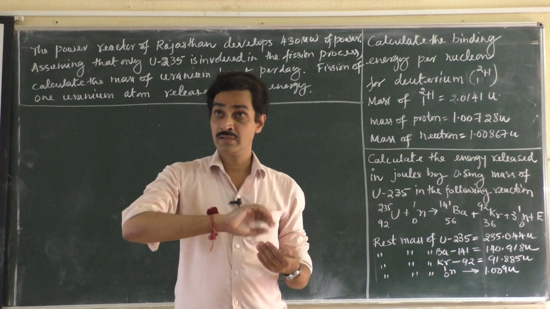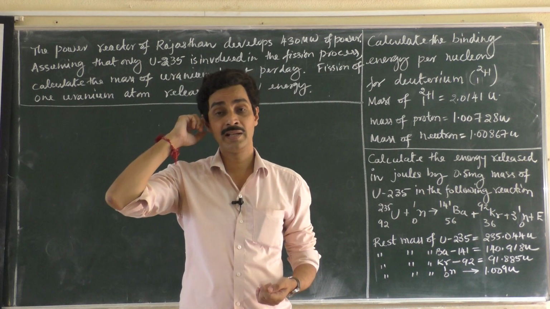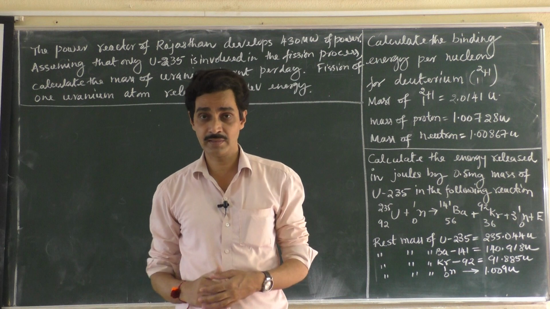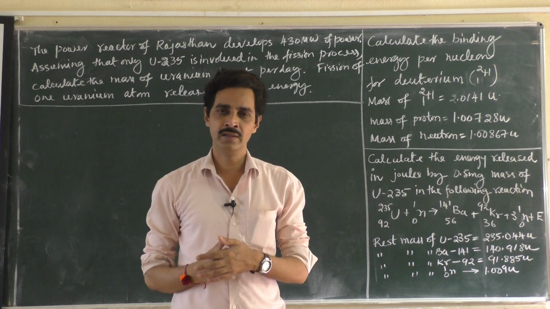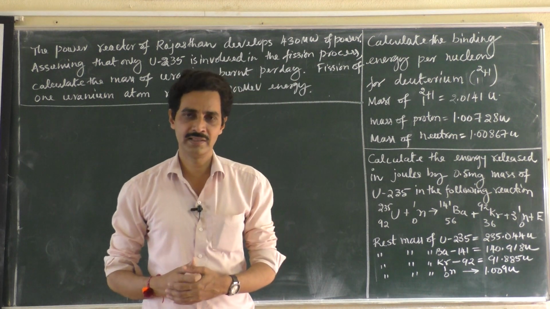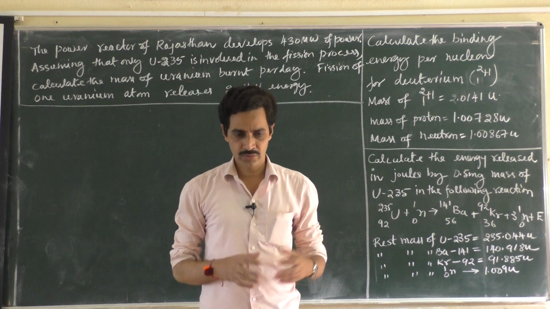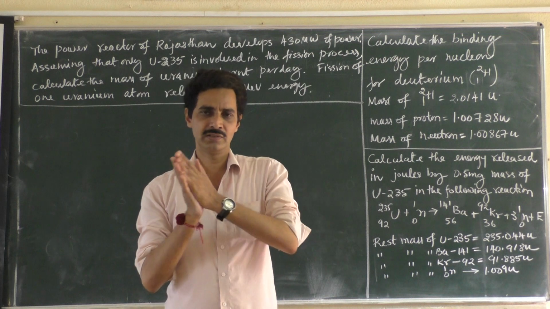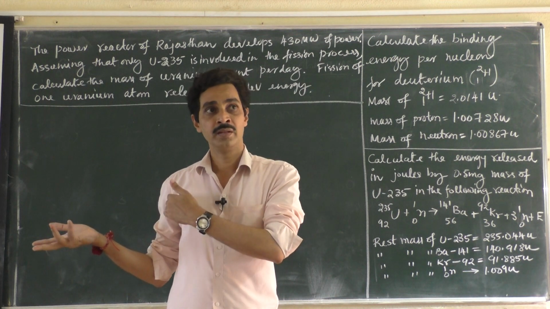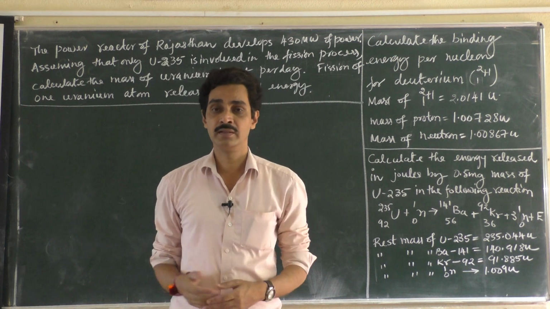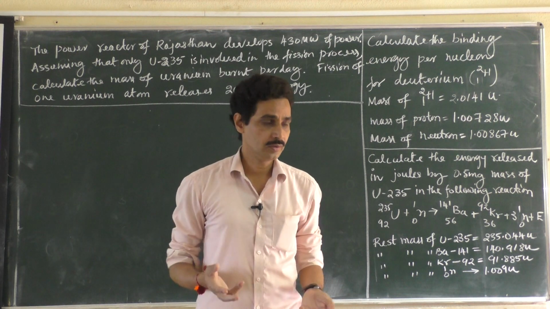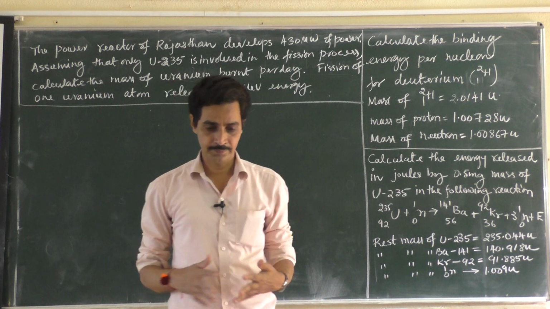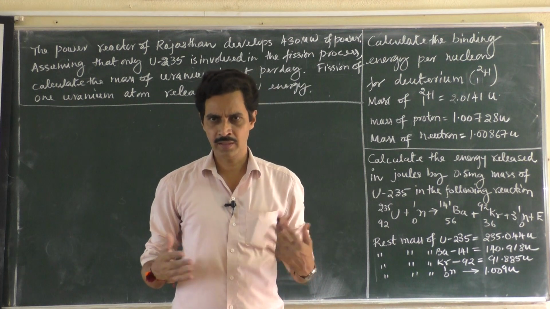We tried to draw binding energy per nucleon versus mass number, and we found that some elements have very less binding energy per nucleon. They are very unstable. So smaller elements which have less mass number combine together to form a heavier nucleus. Similarly, the heavier elements split to form lighter nuclei. So we have seen almost all the types of nuclear phenomena.